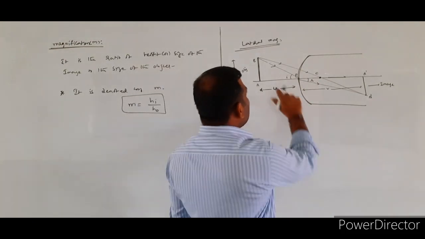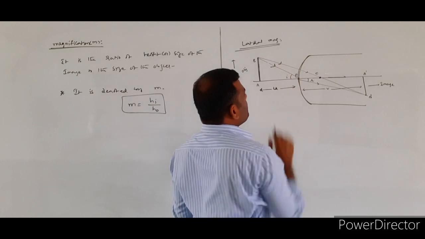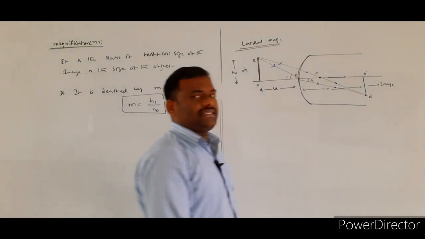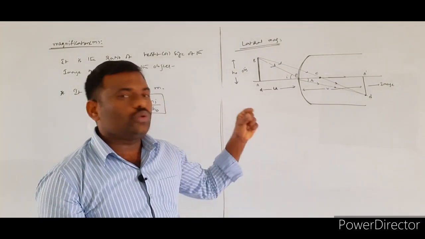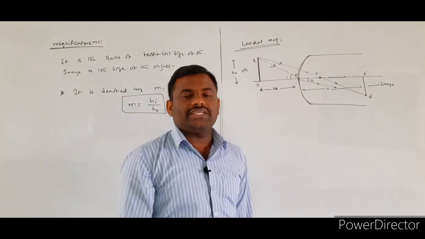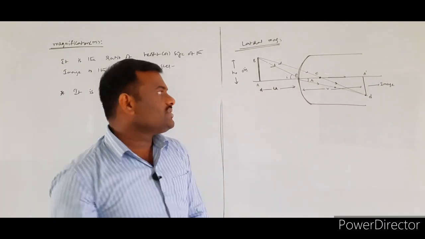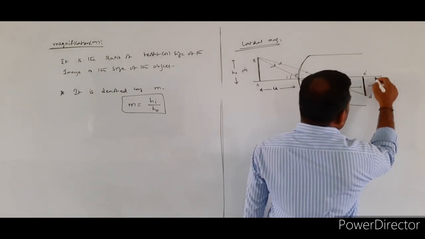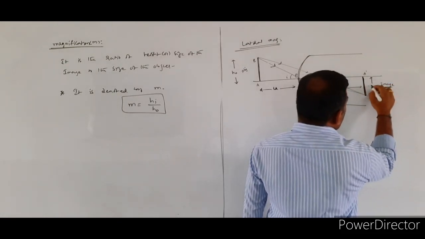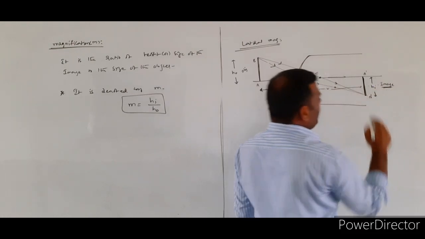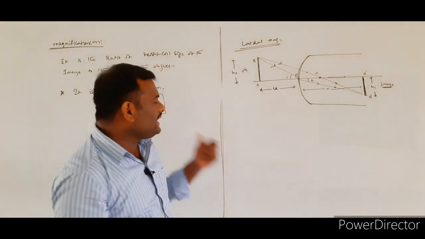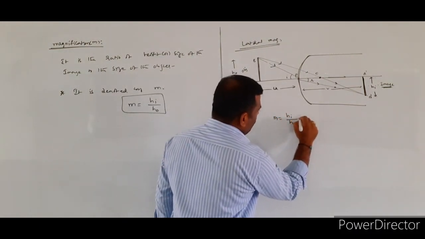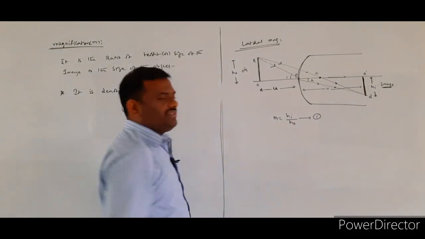Next, whenever the light rays are incident on the spherical refracting surface, these refracted light rays are going to intersect. At the point of intersection, they will form one image. So in the given diagram, A dash B dash indicates the image, and the height of the image will be given by HI. So what is the formula for the magnification? We know that magnification is equal to height of the image by height of the object.